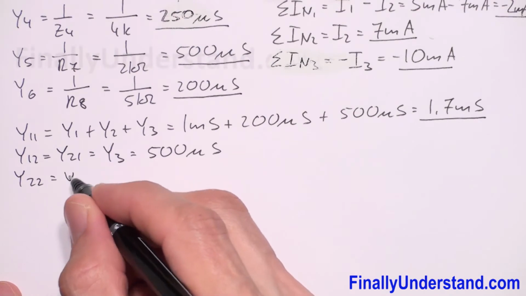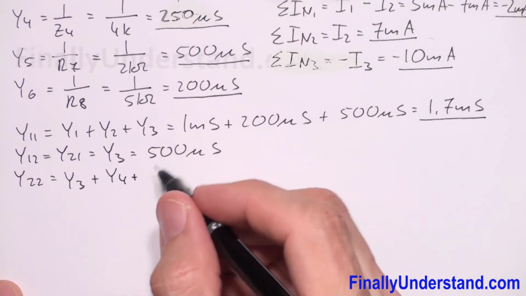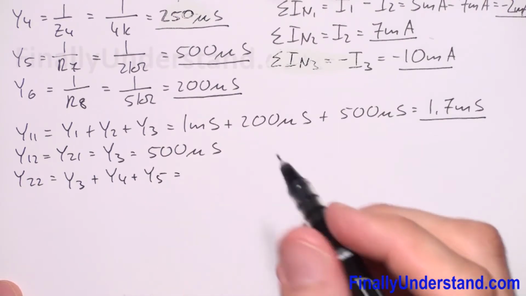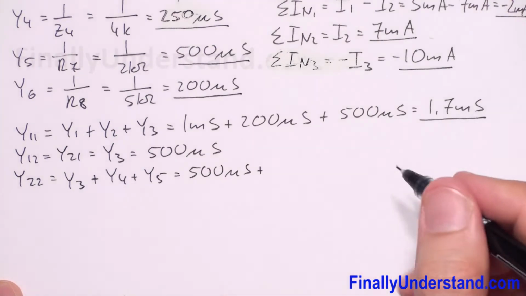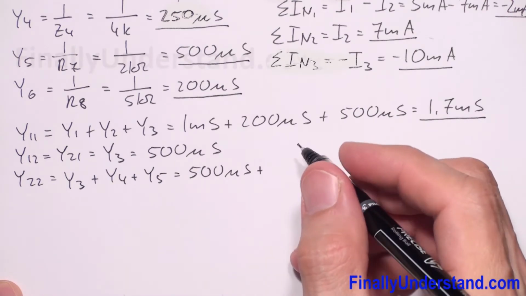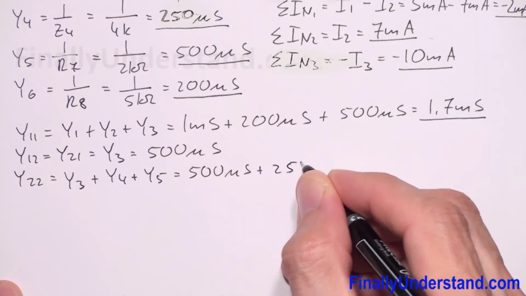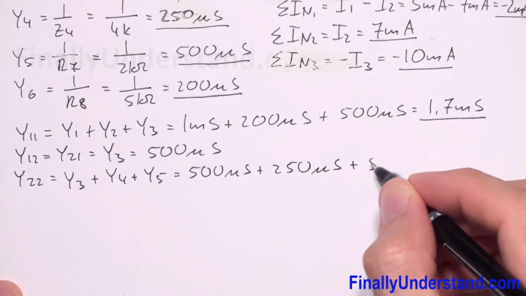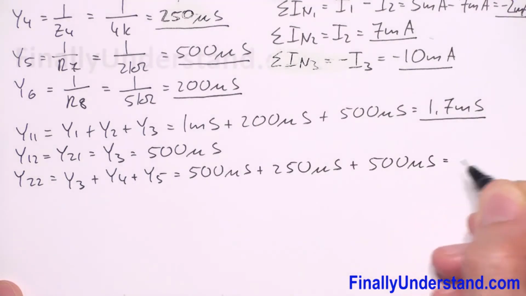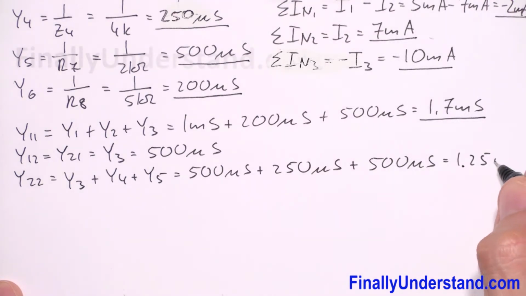So I have Y3 plus Y4 plus Y5. So Y3 we found is equal 500 microsiemens plus Y4, which is equal over here 250 microsiemens plus Y5, which is equal 500 microsiemens, and this is equal 1.25 millisiemens. Okay. Next, I'm supposed to find